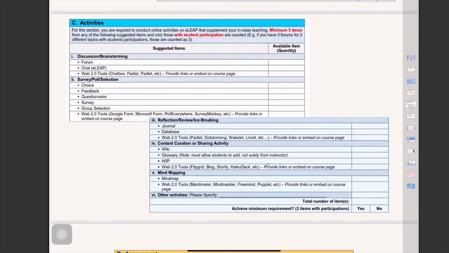Another type of activity you can have is a choice for lab session. Feedback by the students after each class. I think the new eLEAP has this rating feedback, and maybe we can explore that. Questionnaire, survey, group selection for group member selection that is listed in the course. Web 2.0 tools like Google Form,